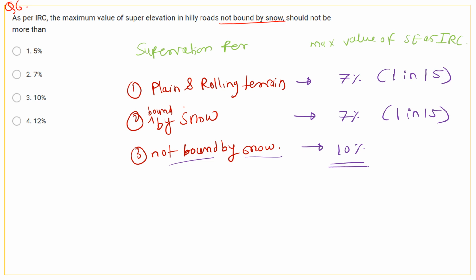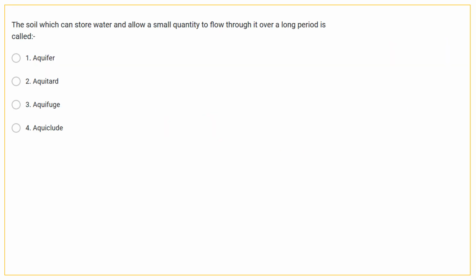So option number third is 10%. So option number third is correct here. The next question is question number 7. The soil which can store water and allow a small quantity to